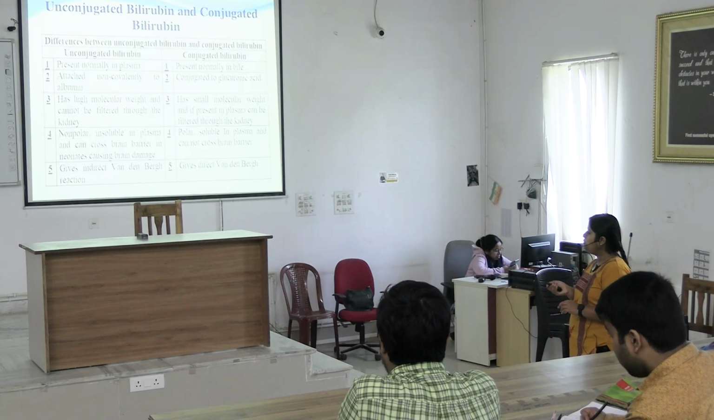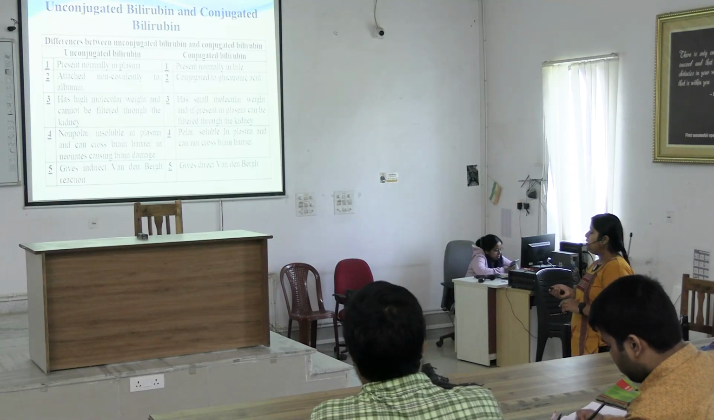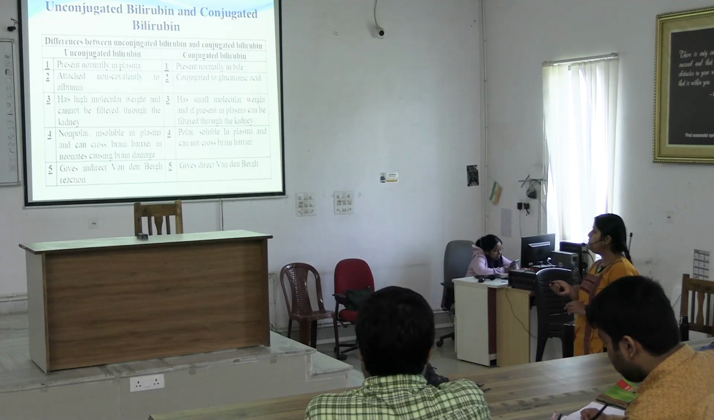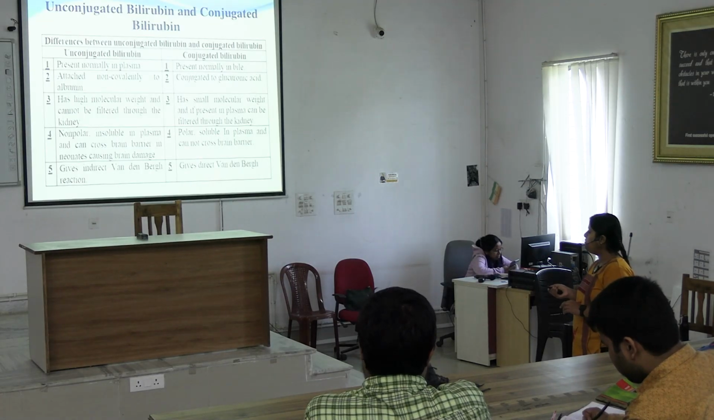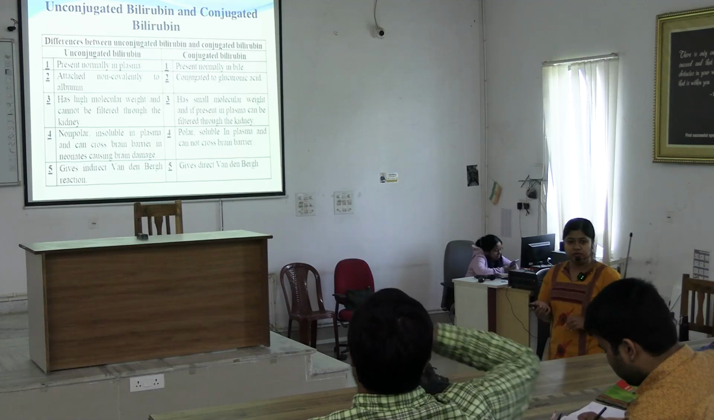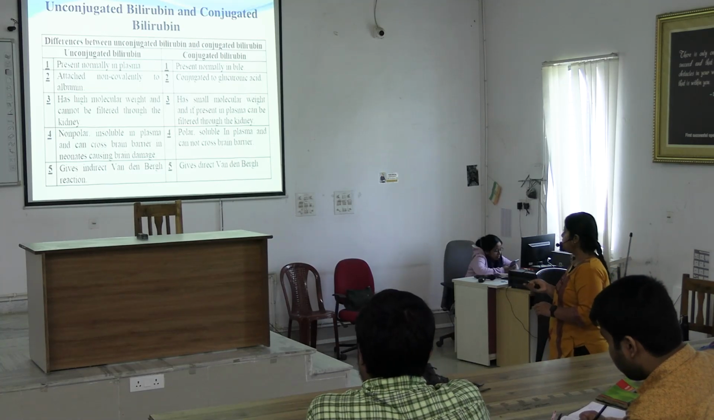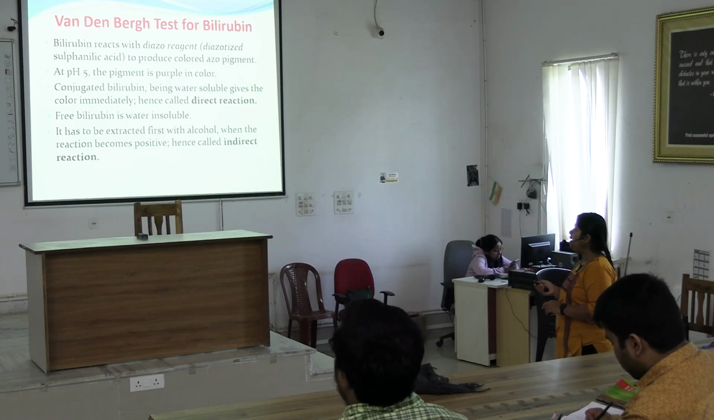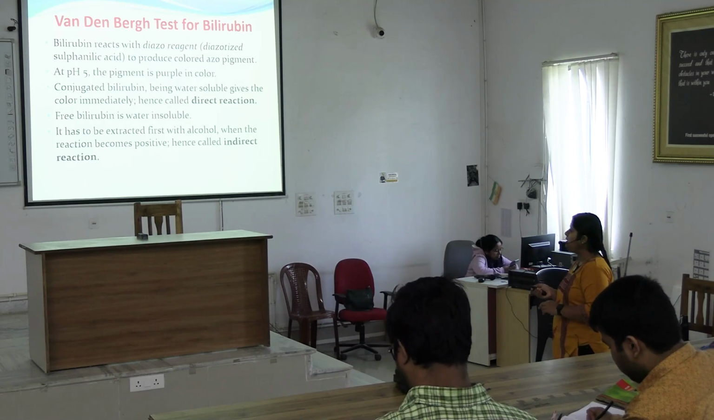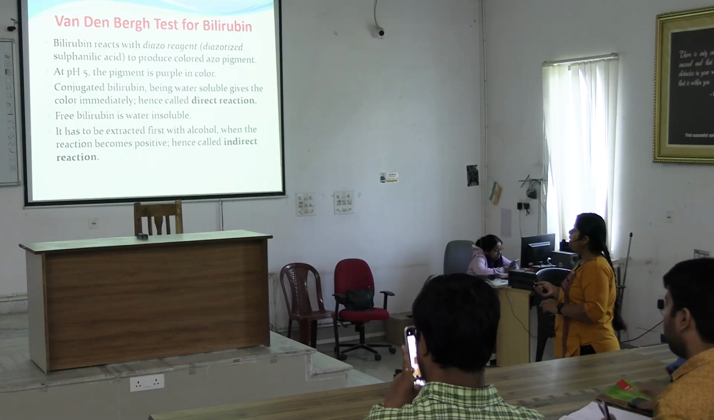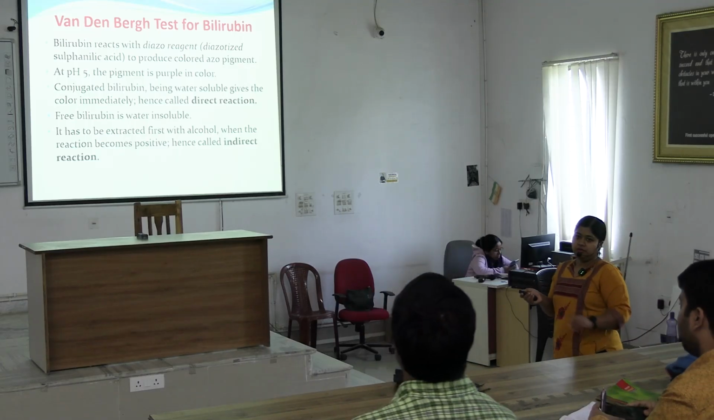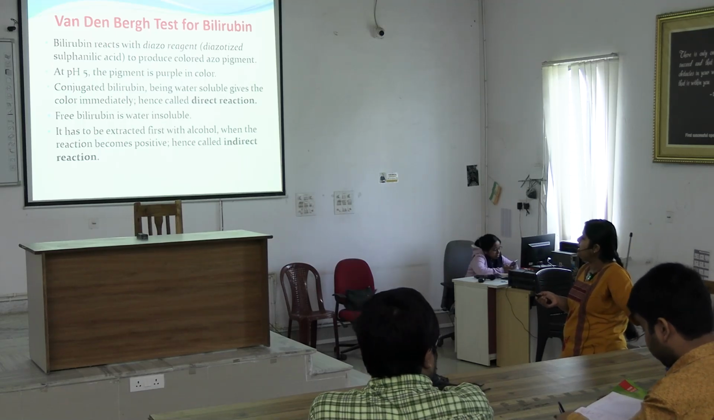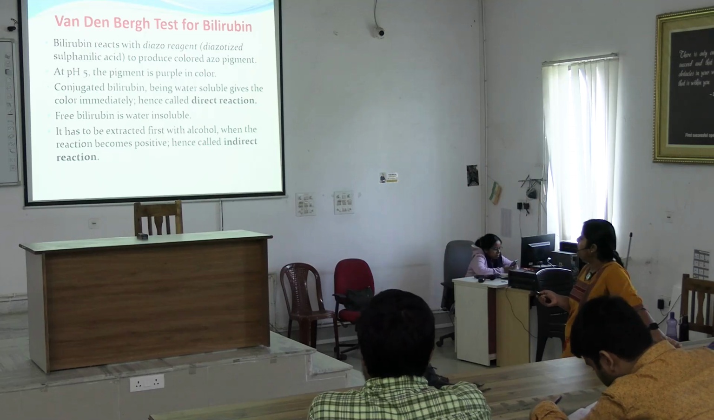So, how to identify? There is a test known as the Van den Bergh reaction, which gives an indirectly positive result for unconjugated bilirubin and a directly positive result for conjugated bilirubin. The name of the test is the Van den Bergh reaction. What is the Van den Bergh test for bilirubin? Bilirubin reacts with diazo reagent at acidic pH, and that azopigment is purple in color. This is a chemical reaction where bilirubin reacts with diazo reagents at acidic pH to form a purple colored